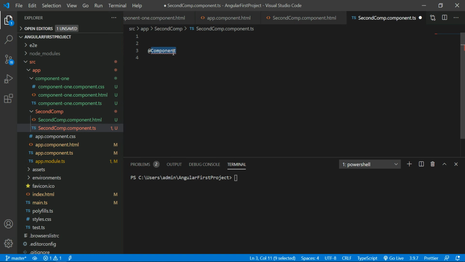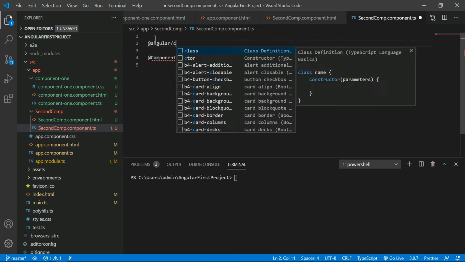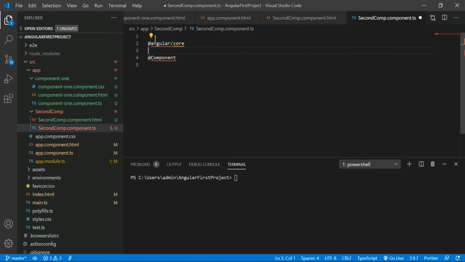First of all, you have to register. You have to import one plugin from the Angular core. Angular is nothing but a collection of libraries. Among those libraries, for implementing the component in the TS file, you have to import from the Angular core, which means component-related metadata.